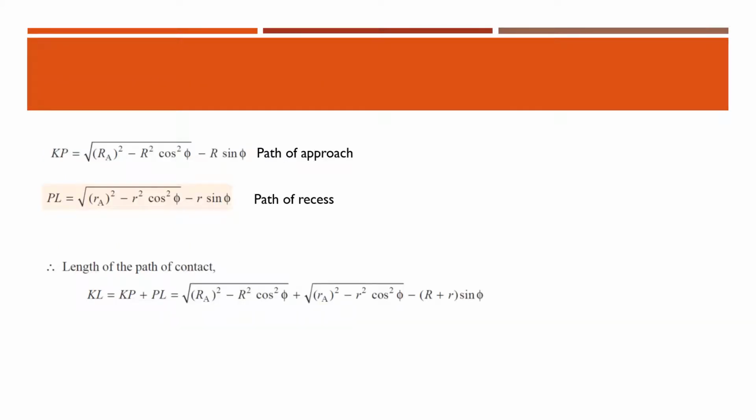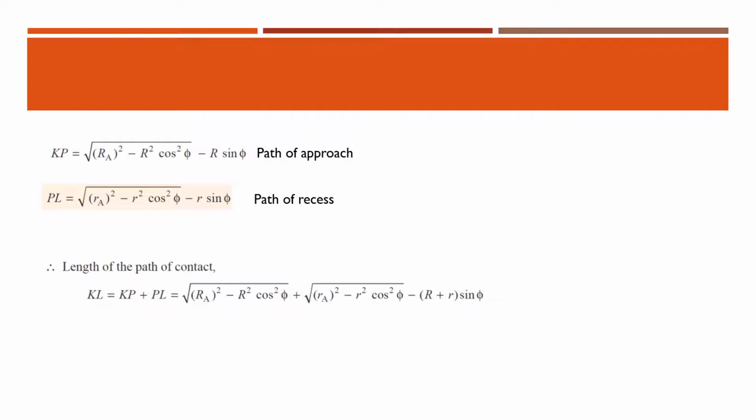So, this is another equation, for path of approach and path of recess. I think you remember the derivation from the last lecture. You first go through the derivation and revise it, because while solving the problem, that concept is very important. Otherwise, it is like learning the equations and steps by heart. So first you understand the concept of the derivation, the path of approach and path of recess. The equations are given here.